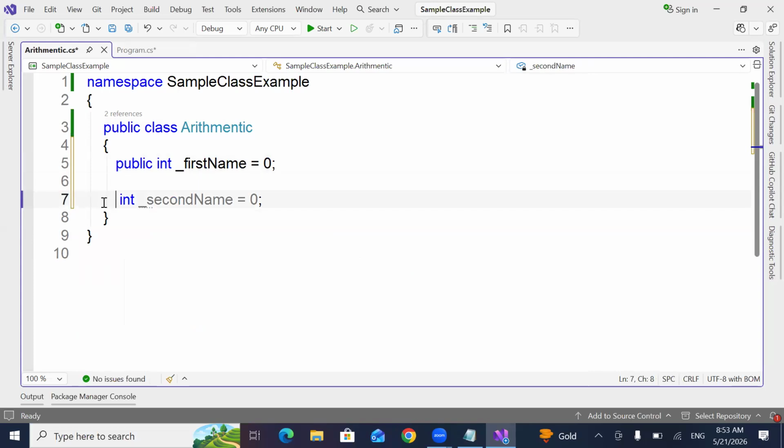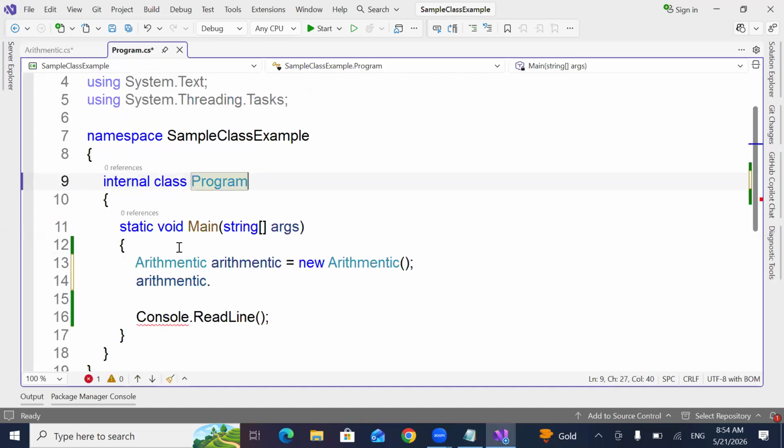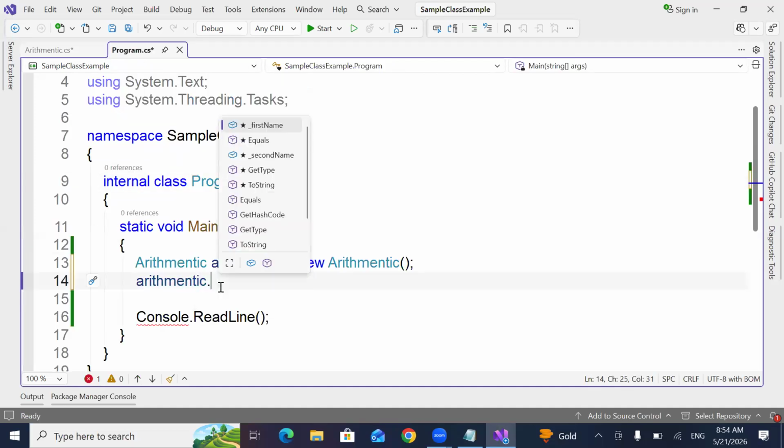This variable can be accessed outside the class. Understood? Now you can see I have first number and second number. Earlier you were not seeing them. Why could you not see them?